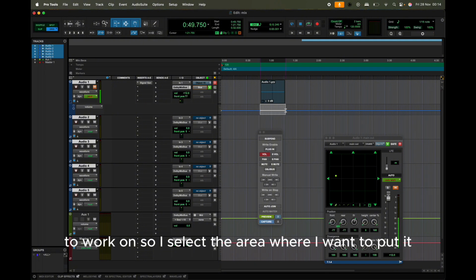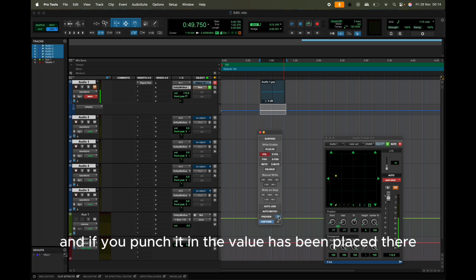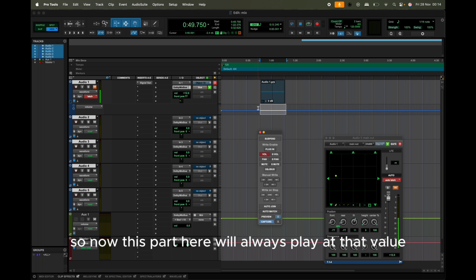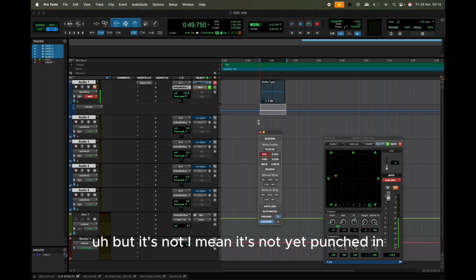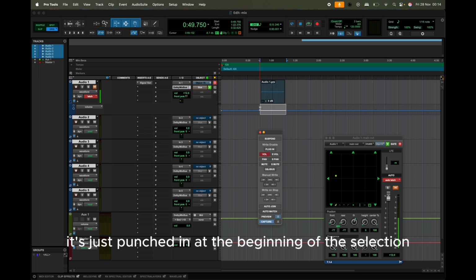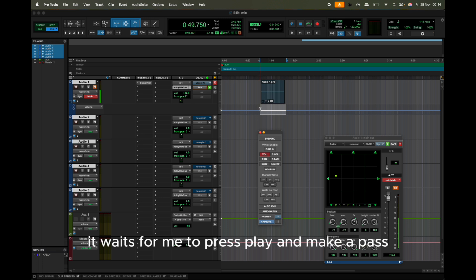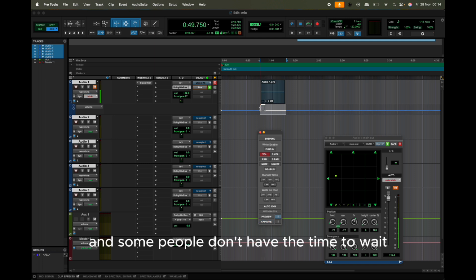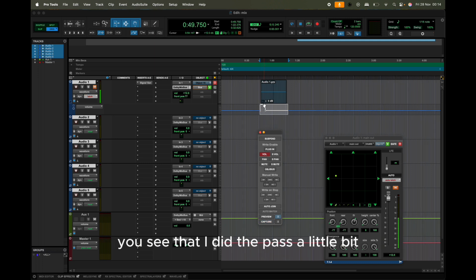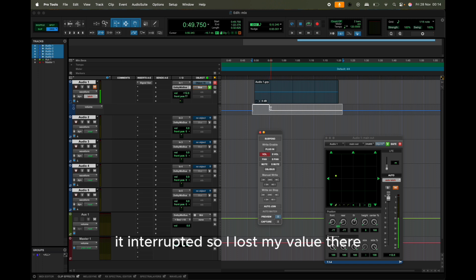That value is the value that I really like for my piece of music to work on. So I select the area where I want to put it, and if you punch it in, the value has been placed there. So now this part here will always play at that value. But it's not yet punched in. It's just punched in at the beginning of this selection. It waits for me to press play and make a pass. And you can make the pass, but you have to wait. And some people don't have the time to wait. You see that I did the pass a little bit, but because I didn't wait, it interrupted,